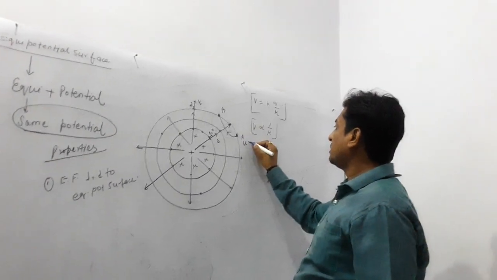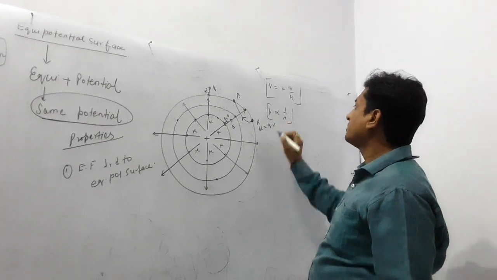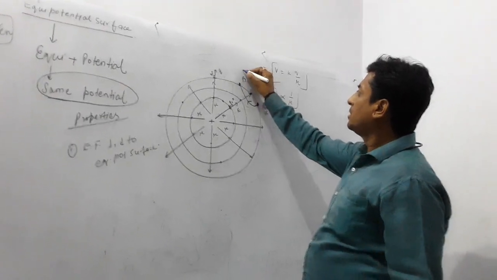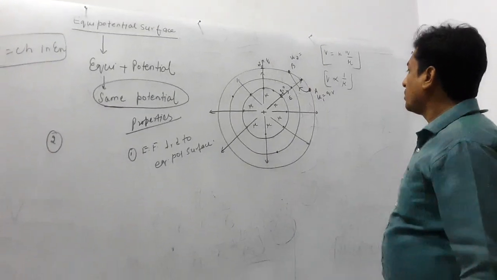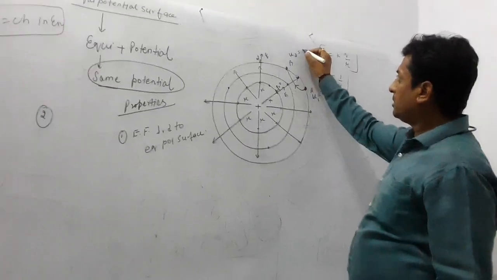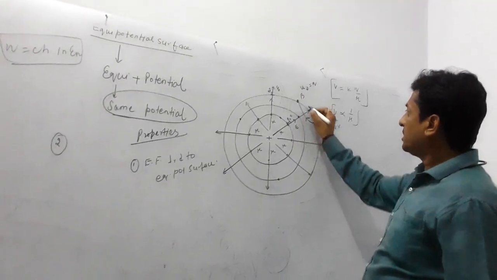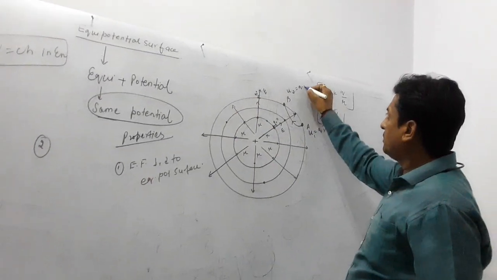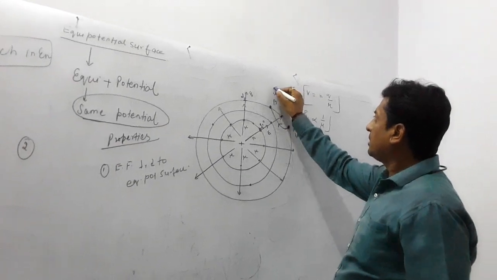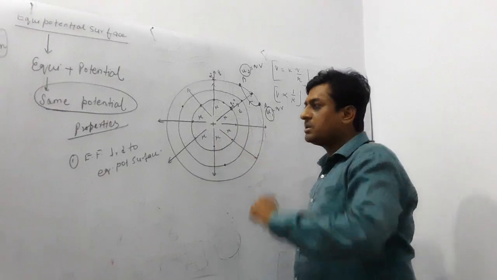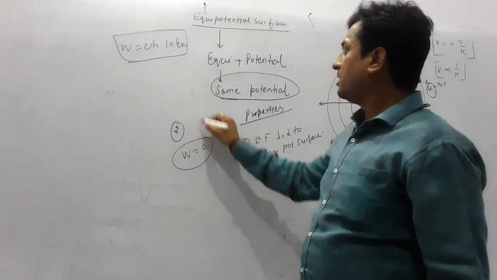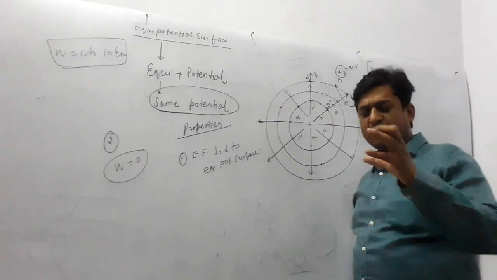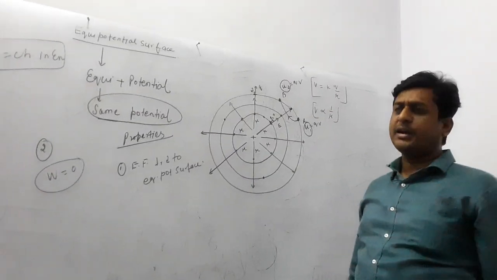So that energy U will be QV. Here if you go, suppose this is U1, you will get U2. U2 is what? Because charge is the same at this point, again we write Q, and because it is an equipotential surface, the potential will also be V. So whether it is U2 or U1, the energy is the same at both places, so work done will be 0, because work done is the change in energy. So you are getting a very important property here.